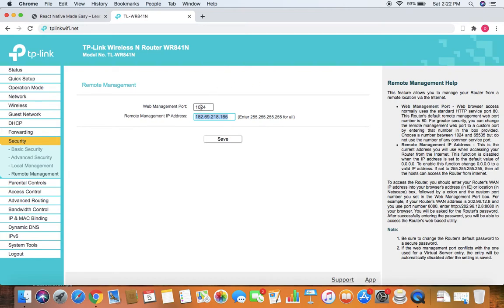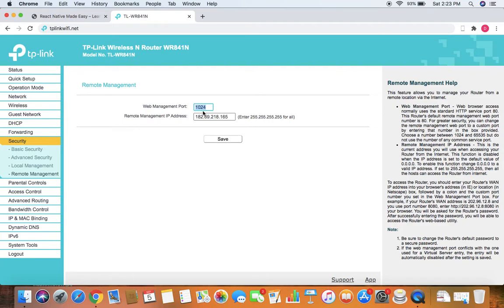And one thing I would like to point out here is that the port number that you will be using might not be available. So you have to try different port numbers, because some of the port numbers are blocked by your ISP and some are already being used by the network. So you have to find a port number that is unused and not blocked by the ISP. By default, the port number is 8080, which is used to access your local network remotely.